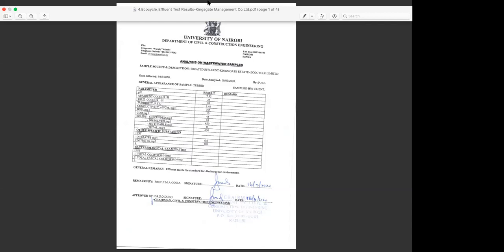Oh, the sizing of the system does not really change. So for the 5 people, we'll still give you the system that caters for 10 people. But now your rate of reaching the levels which we need in order to start treatment is what would take a bit of time. Like if we offer it for the same home which already has like 10 people, and what we need is 1,500 per day in order to switch on the system and already start it working, then it means for a home that has 5 people, we'll be getting 750, which will be half of what we'll need. So yours, it would take a bit of time in order to reach the required levels in order to